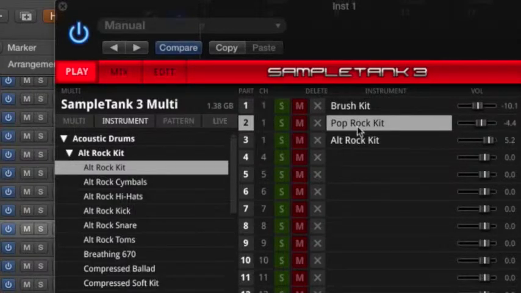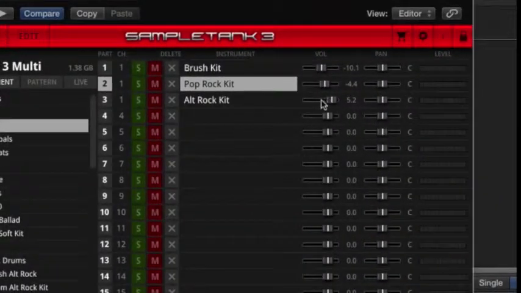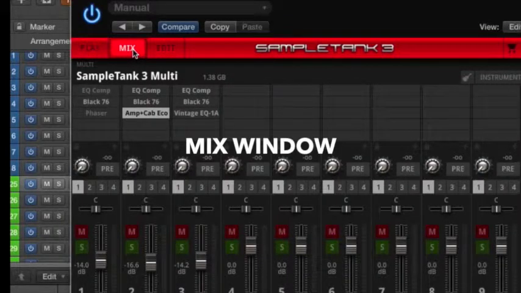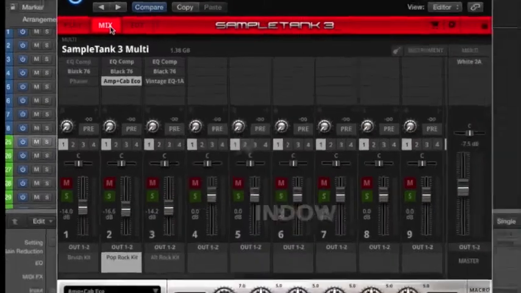So you can see right there we've got these 3 kits, and in the past versions of SampleTank you'd have to use these little sliders and whatever, it worked, but one of the biggest improvements in the new SampleTank is this mix window. This did not exist before, but check it out, it's a mixer. And now for those 3 kits,